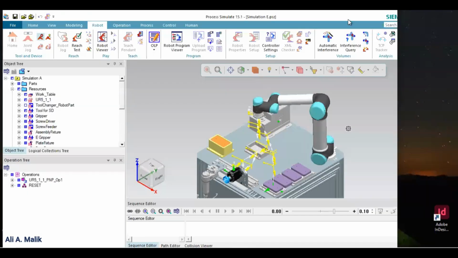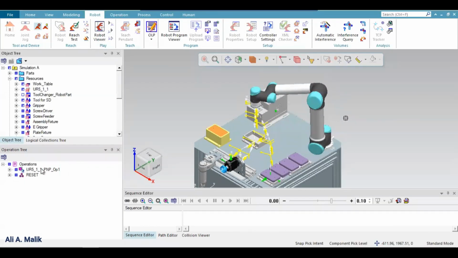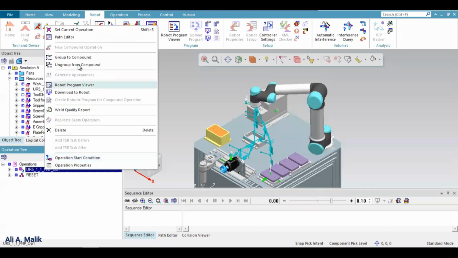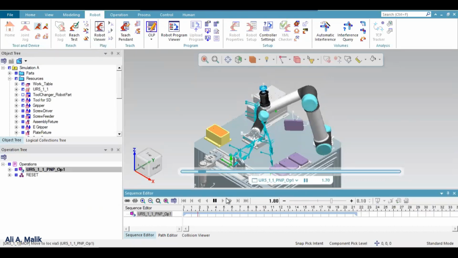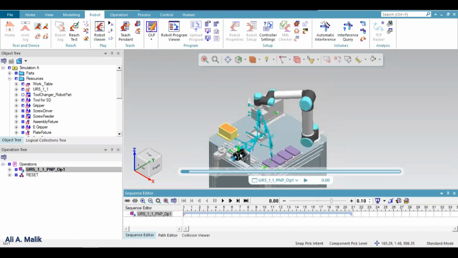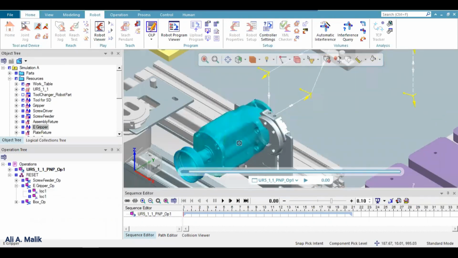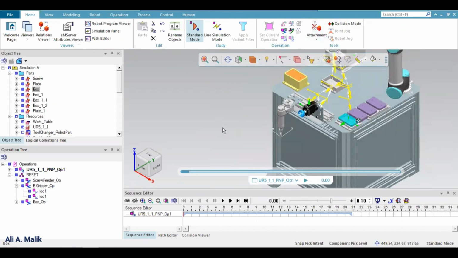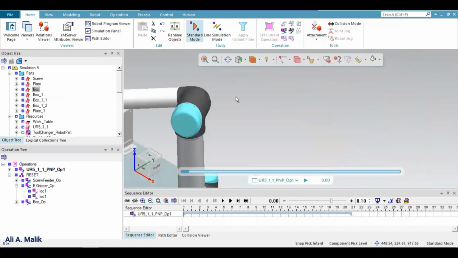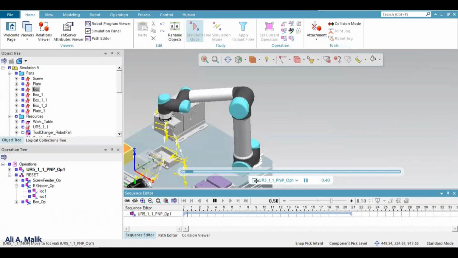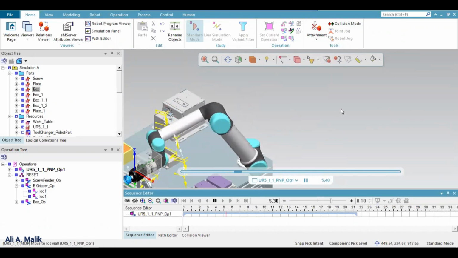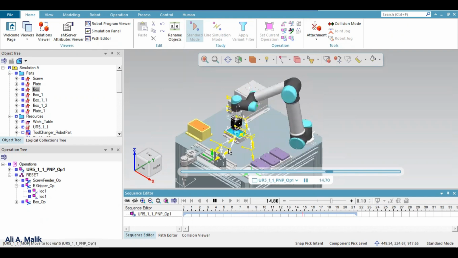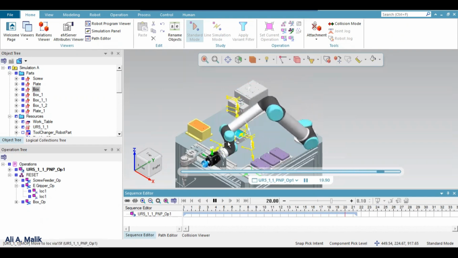How to do it is that you have here Process Simulate. First thing is that you must have some operation. So here we can see that it has an operation created, set current operation, and we can see a very simple operation, just one task, one pick and place task, and then the robot keeps the tool